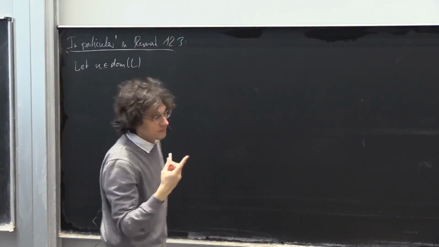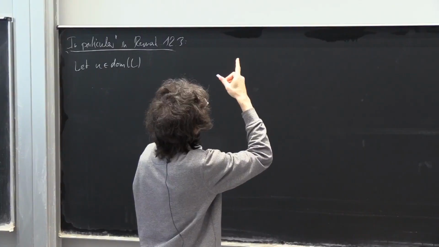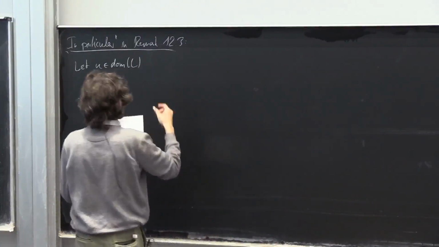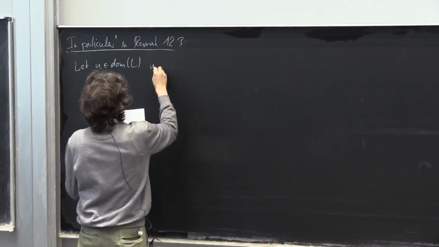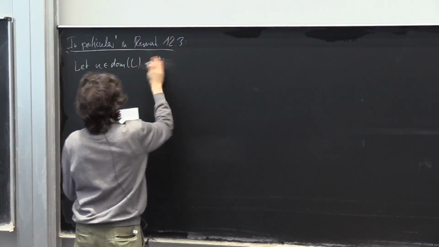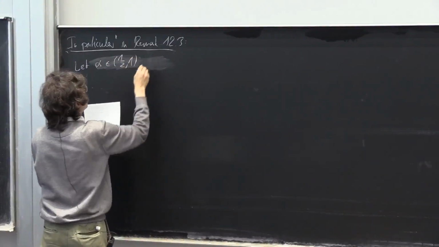Suppose we've proved Proposition 12.2. So this means there is a u in the domain of L that is not in any Sobolev space with regularity greater than 0. So I take an alpha between 1/2 and 1,